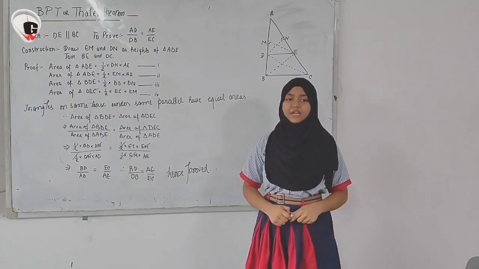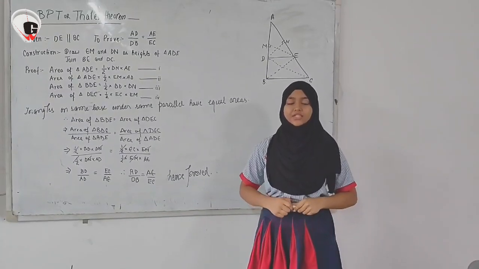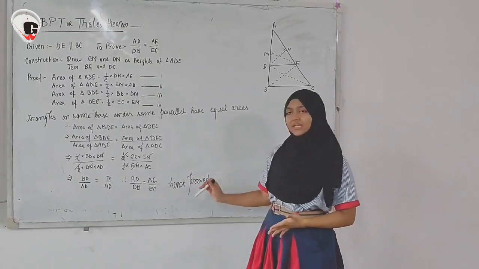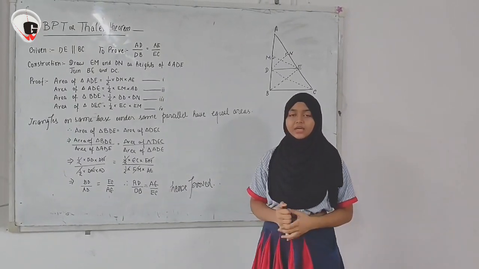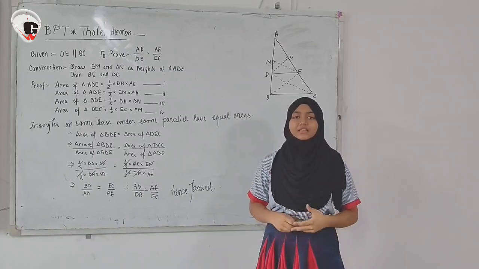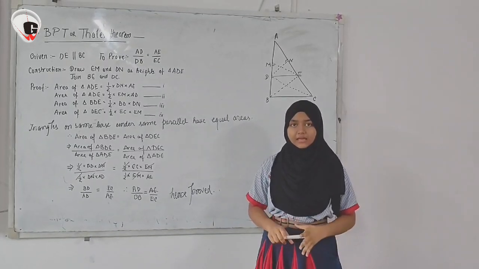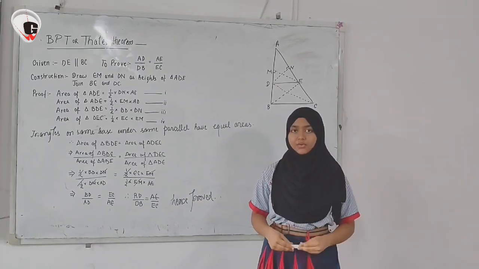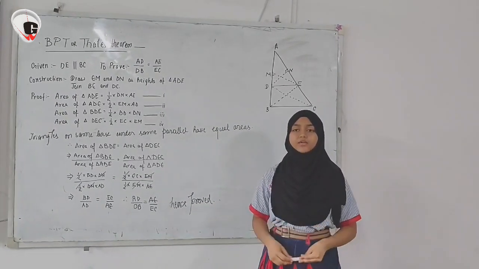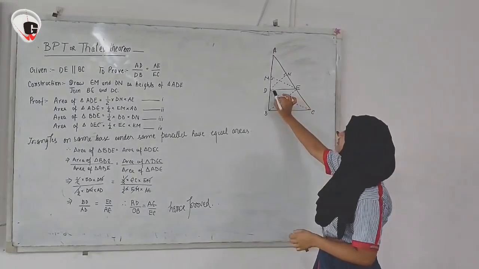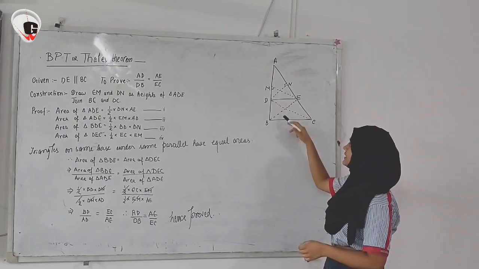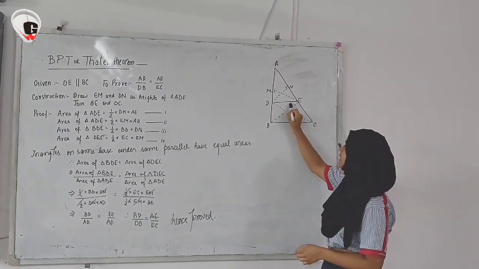Good morning everyone. My name is Rehma Farhan and I am from class 10A, GD Goenka Public School, Gaya. Today I am going to prove BPT, or the Thales theorem. This theorem states that in a triangle, if a line divides two sides in the same ratio, then this line is parallel to the third side, which means that if BE divides AB and AC in the same ratio, then BE is parallel to